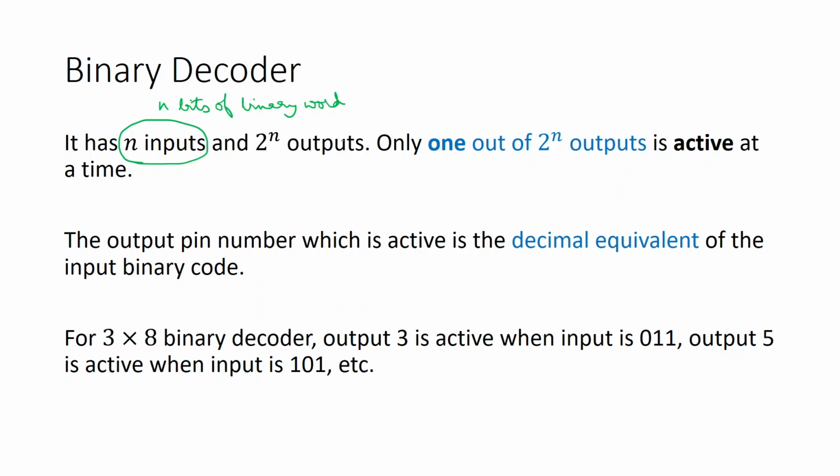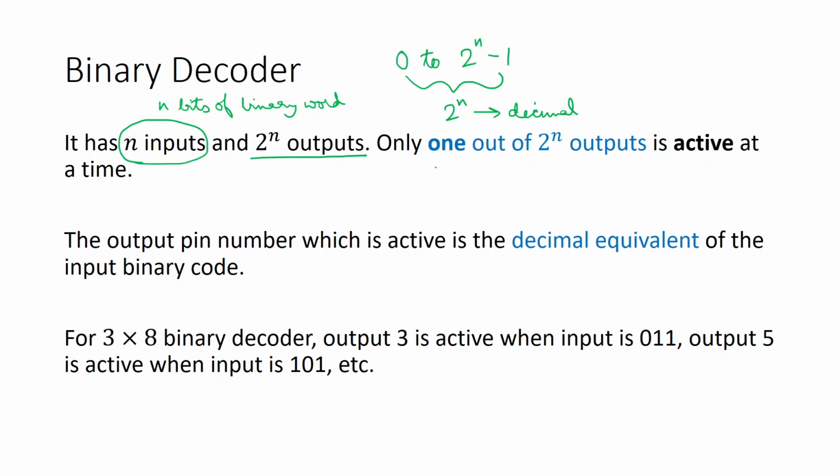How many such binary words are possible for an n input binary word? You can have numbers from 0 to 2 to the power of n minus 1, normal binary. That means in total you are having 2 to the power of n such numbers possible, and these are the decimal equivalent, right? 2 to the power of n such decimal equivalent numbers, and you see we have 2 to the power of n outputs in the binary decoder. So, whenever a decoder is having n number of inputs, it will have 2 to the power of n number of outputs.